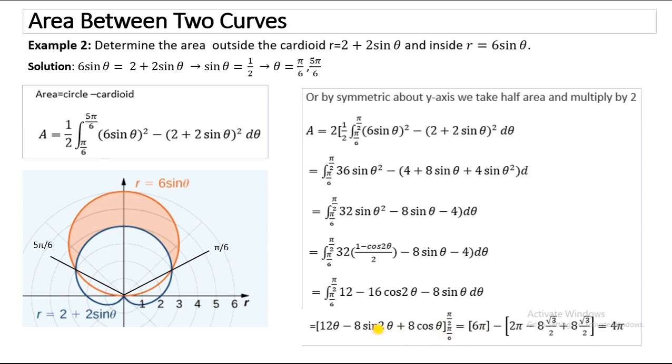Sine pi equals 0 and cosine pi over 2 is 0, so I have 6 pi minus